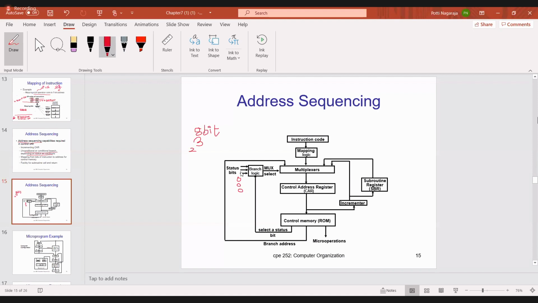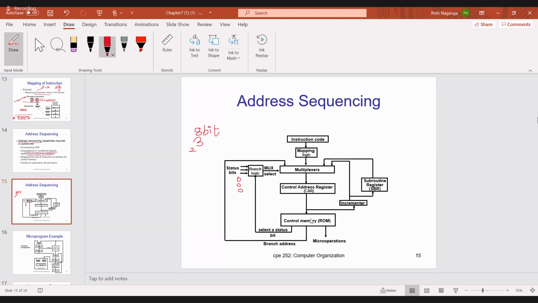This line is nothing but the selection lines for the multiplexer. Based on these 4 inputs, we select one particular output, and that address is given to the control address register.